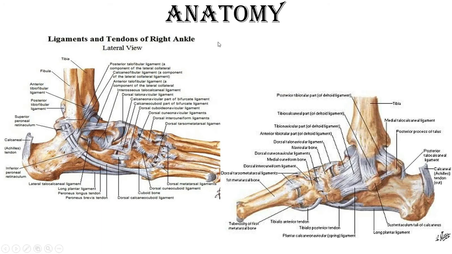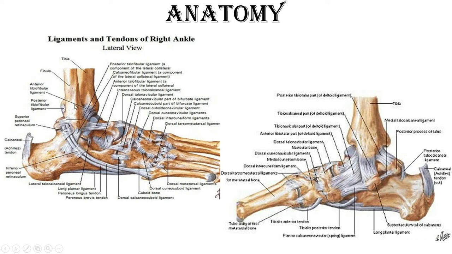Now, regarding the anatomical knowledge, you have to know about the ligaments. The strongest ligament in the medial part is the deltoid ligament. It has two slips, inner and outer, or superficial and deep. In the deep part there are three slips: anterior, middle and posterior, and the superficial part just attaches from the tibia to the calcaneum.